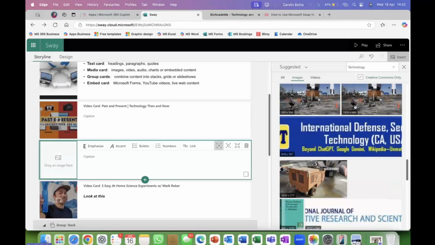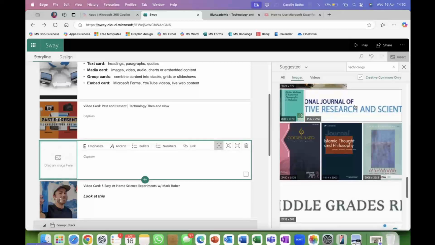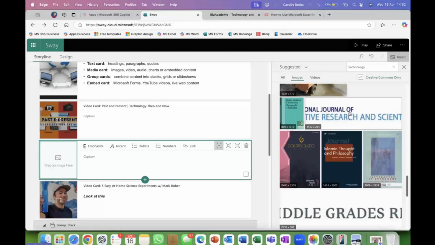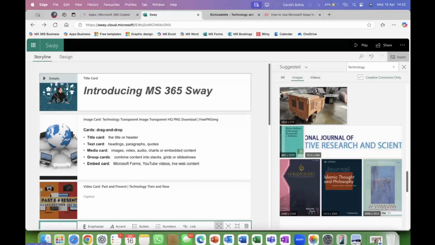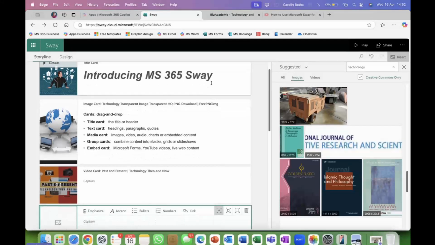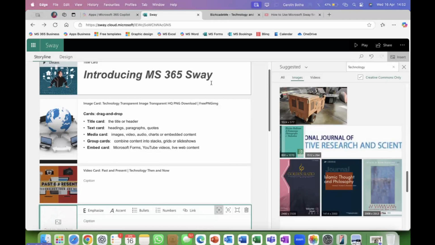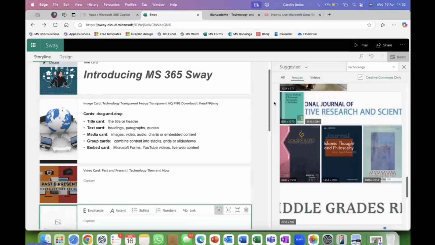So you might need to upload your own. Before you upload your own, especially when it comes to your logo, let it be adjusted by your graphic designer. It's usually 300 by 300, I can't remember exactly. They need to adjust that in order for it to fit properly into Sway, into Canva. And Canva can also do that for you. We might even look at that tomorrow.